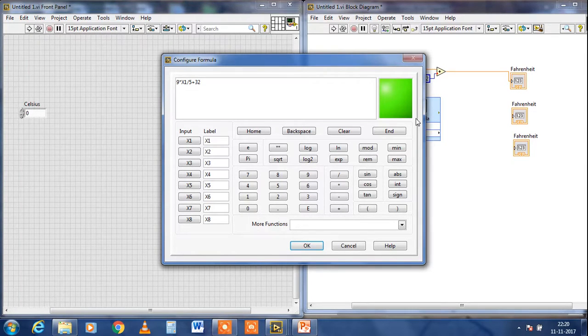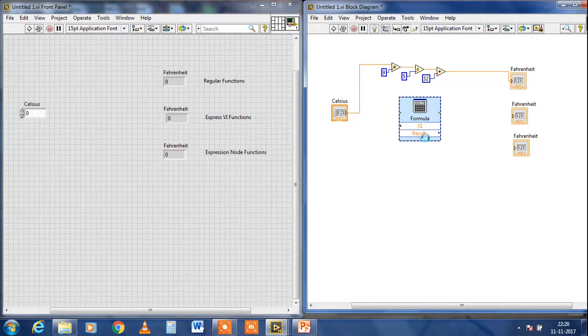This is the formula for Celsius to Fahrenheit conversion, and click OK. Now activate the wiring tool and connect result to the output display and input to X1.